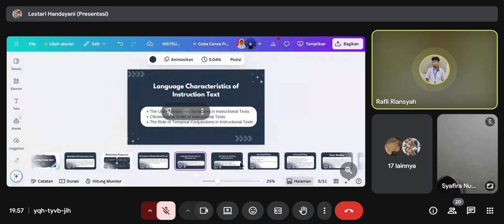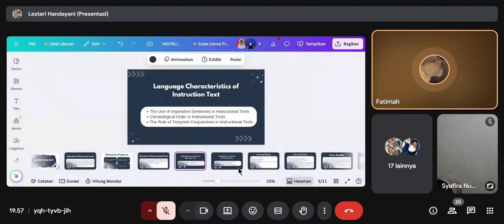Maybe I can answer Fatimah's question. To make it clear, you asked for two examples of instructional text in our campus environment, right? Precisely in UMT, Muhammadiyah University of Tangerang, right? That's right, Rafli.